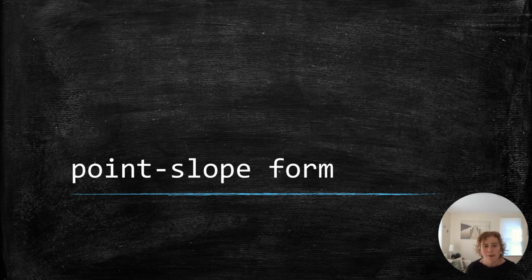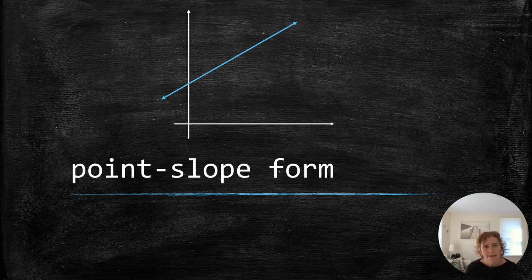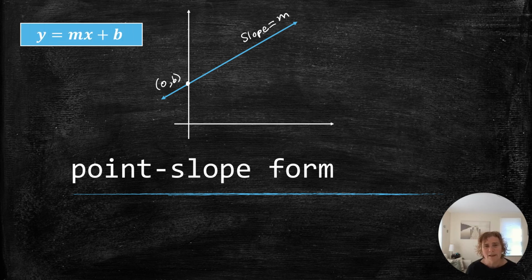In this video, we are going to learn about the point-slope form of writing an equation of a line. So here we go. Here's a line, and coming into this video, you should know about slope-intercept form. I'm going to link my video on slope-intercept form for you to review if you haven't learned about it yet. That's where you're given the slope of a line, m, and you're given a very special point on that line, the y-intercept. If you are given that information directly, then you can write the equation y equals mx